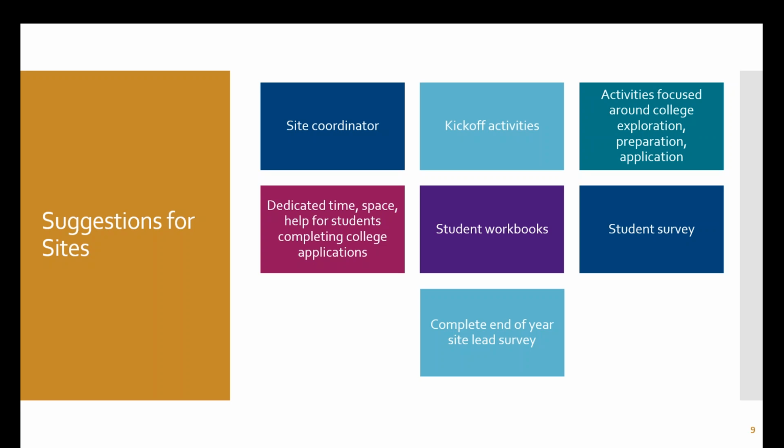These are all suggestions. The biggest requirement is that at the end of the year, or at the end of your campaign, you complete a 10-question survey. And of that 10-question survey, literally three of them are the questions I needed answered, which is how many students did you serve at your event? And it can be an estimate. How many applications were completed in that time?